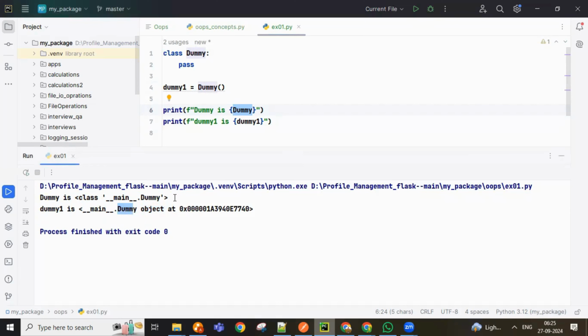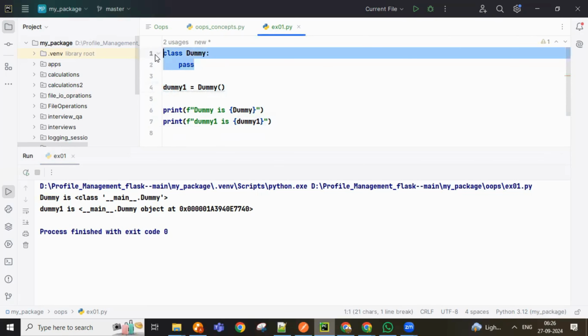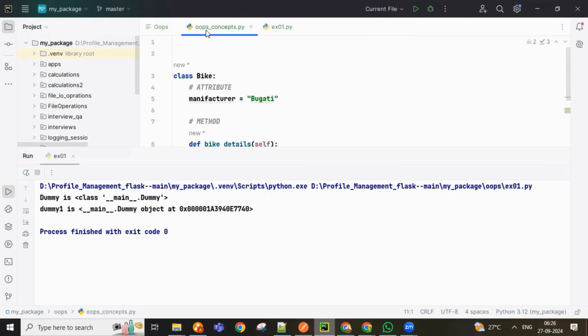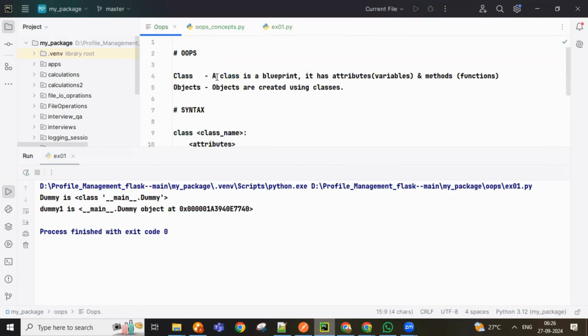And if you see, for the class, you are not seeing any memory, right? I printed a class name here, line number 6, but there is no memory allocated. Why? Because when you create a blueprint, your program will not allocate any memory to it. But when you create an object, then it starts allocating memory, so that whatever data you want to store, it will use it. You got it? But a class does not contain memory. A class is a blueprint, it has attributes and methods,